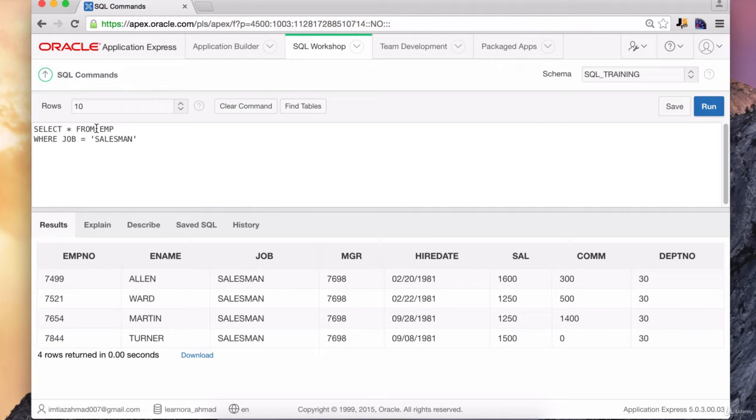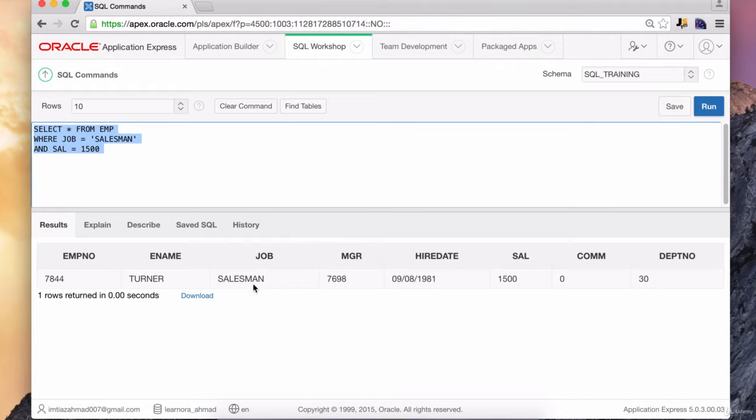So I can have select star from emp where job is equal to salesman and salary is equal to 1500. Up to this point, the first two lines are going to return all of the records. But when we add this condition right here, we're narrowing down the result set to just this record. So this is the only thing that will be returned. Let's highlight that and hit run, and notice only Turner with the salary of 1500 got returned,